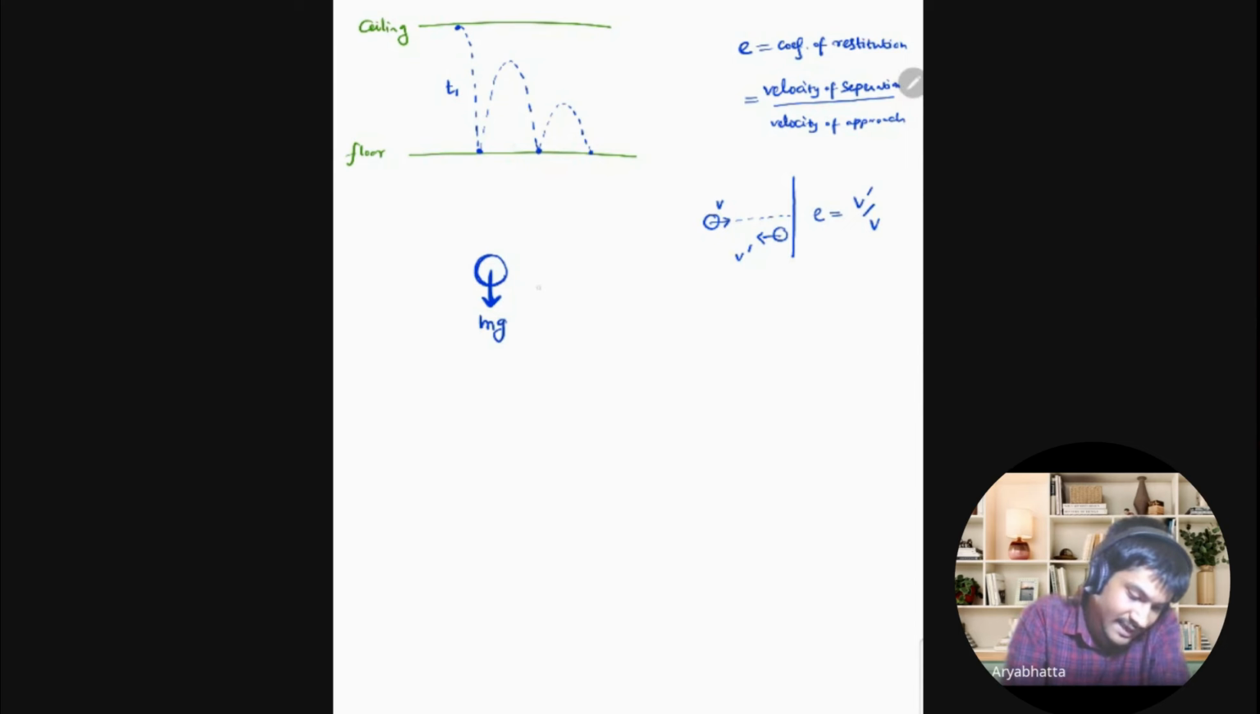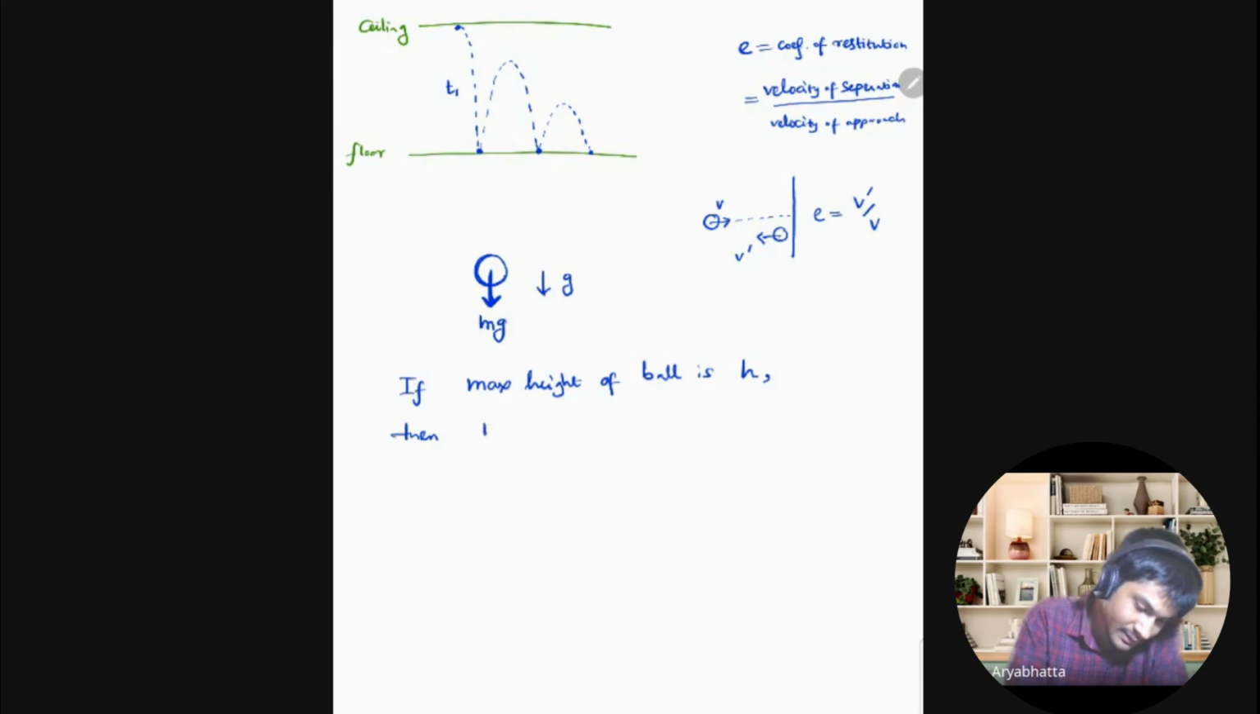Now, since the acceleration of the ball throughout the fall is g, we can say that if the max height of the ball is h, then the time taken to fall on the ground,